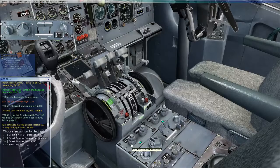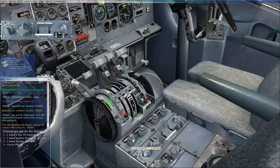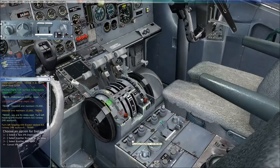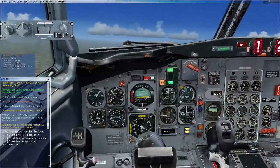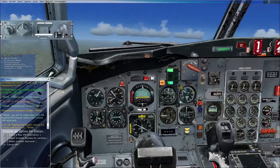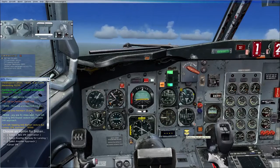So we'll start getting set up here for approach. 1.9. The scroll wheel on my mouse has kind of gotten a little bit screwy in the past. 0.9. So I've got a wind shear warning ahead. So I could get a little bit of